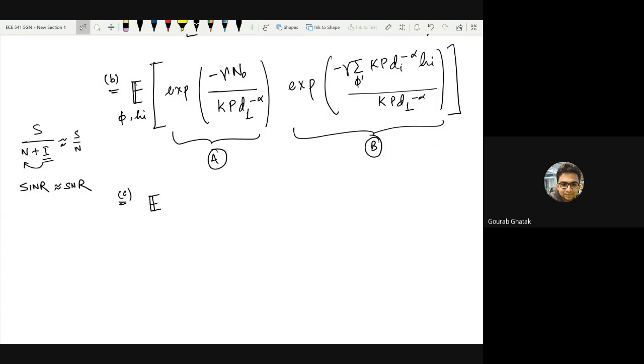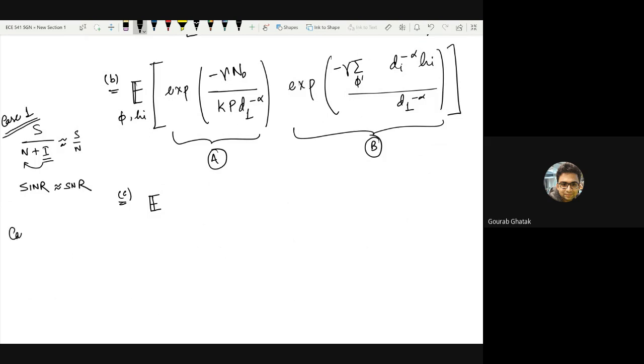Okay, yeah, of course. So for the second part, B, the expression not only depends on the location of the first base station, but also on the location of the other base stations and their individual fading random variables, which is HI. However, for the second term, you see that many terms disappear from the numerator and the denominator, right? For example, the K disappears, the P disappears because it's present at both the numerator and the denominator. So this is probably case 1.